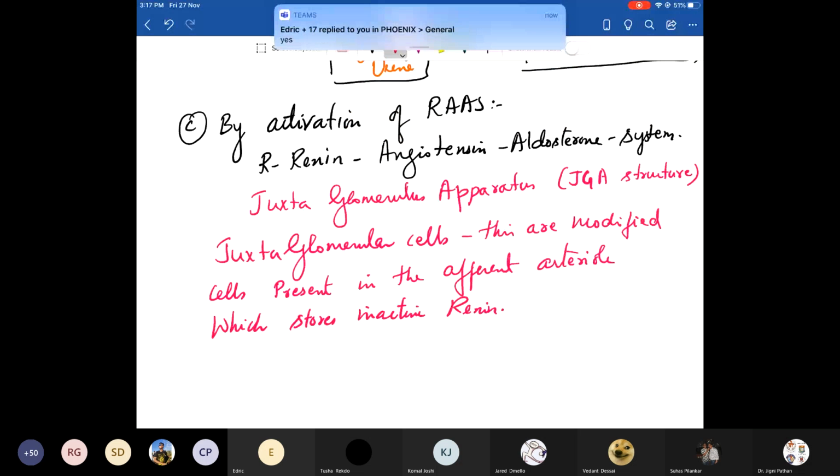Okay, are you done writing this? Then we can move ahead with the renin. Now, RAS means renin, angiotensin, aldosterone system. When does this get activated? Let us write down that and then we'll discuss. Okay. RAS